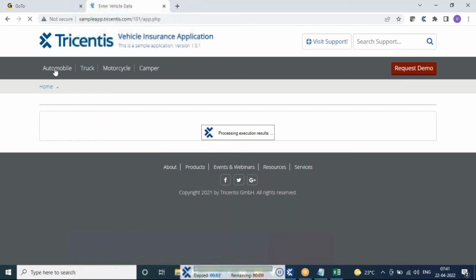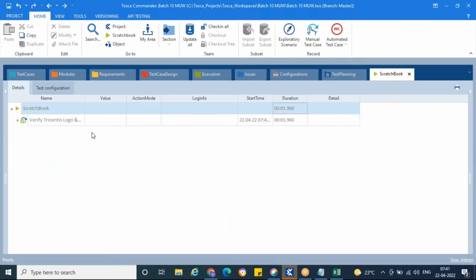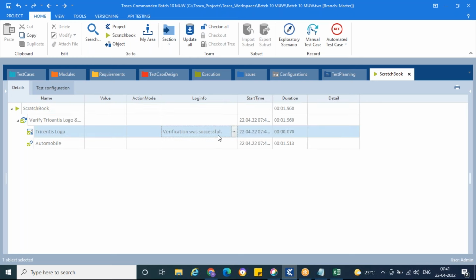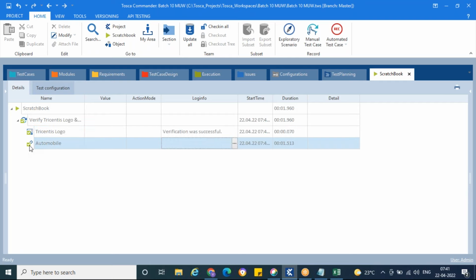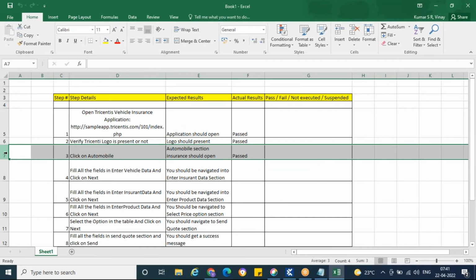See, we clicked on automobile and it took only 2 seconds, and we are in automobile insurance page now. If you go here, if you expand, both the things are present. First is verification, that is successful, and the next is automobile, that is also in green color. Green color means everything worked fine, and it took 1.9 seconds. Next go to test case section. See, we have automated step 3 also. Coming to step 4,